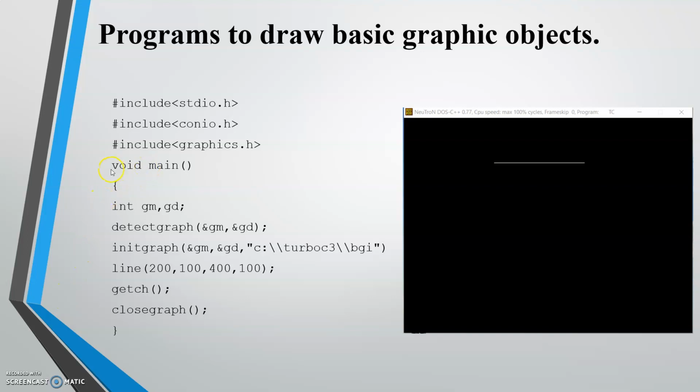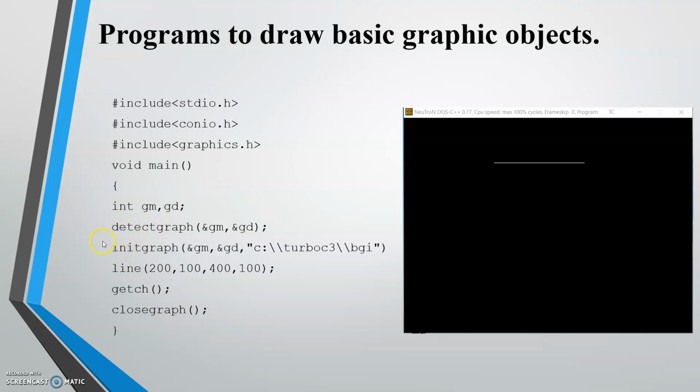The next is your void main function. Inside this void main function, first you have to declare int gm comma gd semicolon. Here gm is for graphics mode and gd for graphics driver.